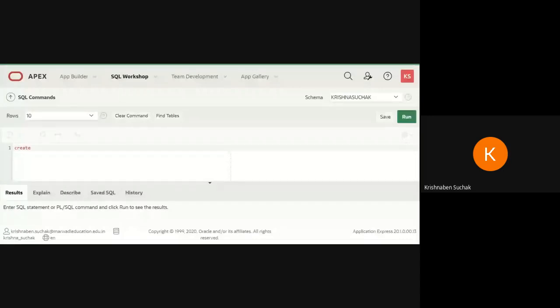Now, anyone who has not created the installment and transaction tables and inserted values in them, and if you have created them and inserted all values, write here in the chat box: done, completed.